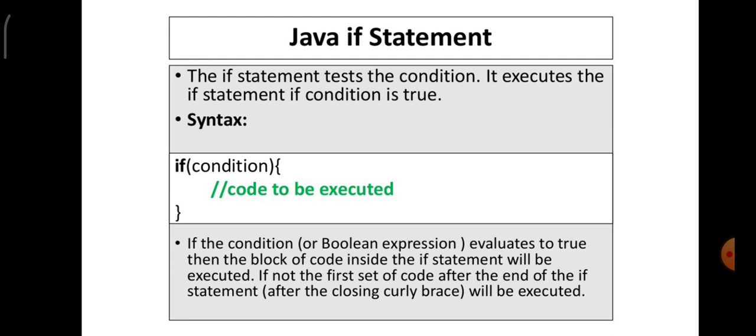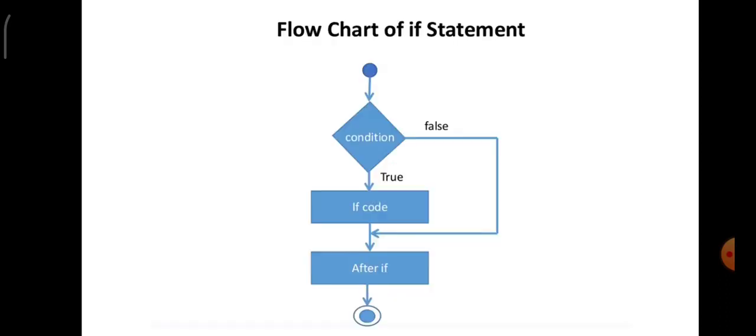will be executed. The meaning is, if the condition is true, it will execute the statement as it is given in green color. If not, it goes out of the loop, and the statement that is given outside the curly braces will be executed. I hope it is clear to you now.